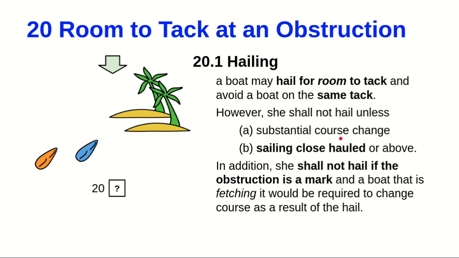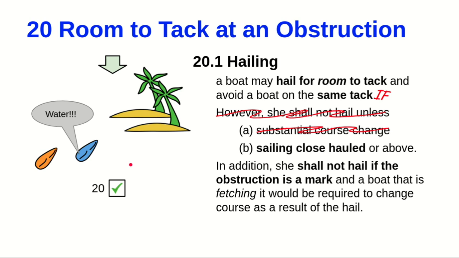So we can change the language a little bit. A boat may hail for room to tack and avoid a boat on the same tack if sailing close hauled or above. Okay, let's look at, does that apply to this example here? We have two boats on the same tack. They're approaching an obstruction. Can blue hail for room to tack at this obstruction? Same tack, sailing close hauled or above. I believe it does apply. In addition, she shall not hail if the obstruction is a mark. This is not a mark. Rule 20 applies to these two boats approaching that island, which means that blue is now able to hail for room to tack,